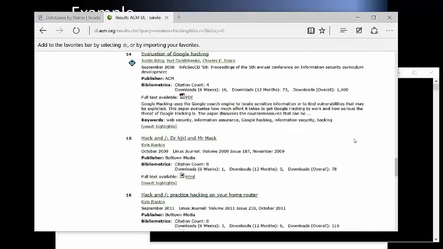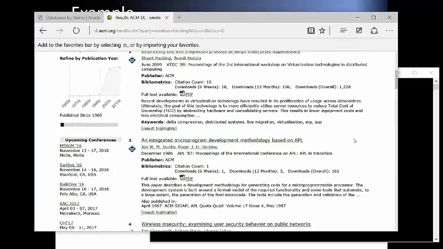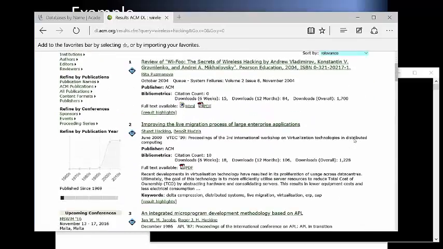Okay, so once you get in, then you can pick, for example, review Wi-Fi secrets of wireless hacking. Oh, that's good, right? Although it is written in 2004, if you are interested in this, then there's an HTML version and PDF version, so you can download one of those.